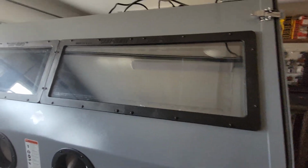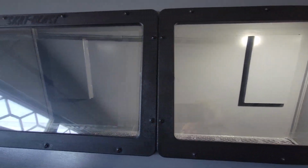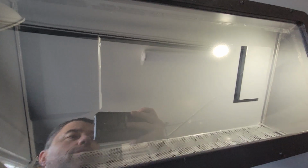Okay, so let's go ahead and flip the switch here. So this is just one light. See how it looks like from this area. Looks pretty nice. So we'll go ahead and pause the video. And now we'll turn on the other light so you can see how both lights light up the